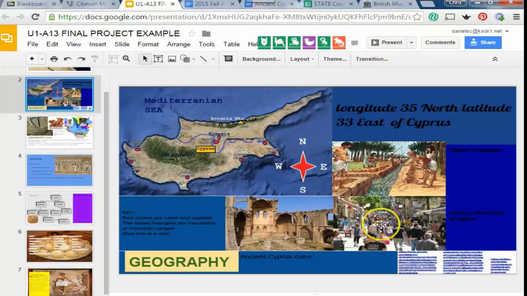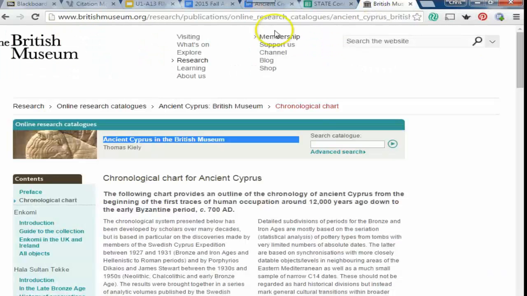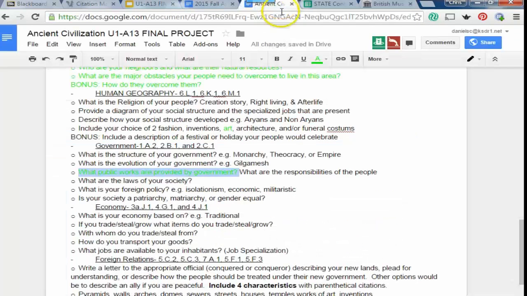Here's a modern day street view, and here's an ancient street view. So that's some of the architecture. So when you're looking at your checklist,